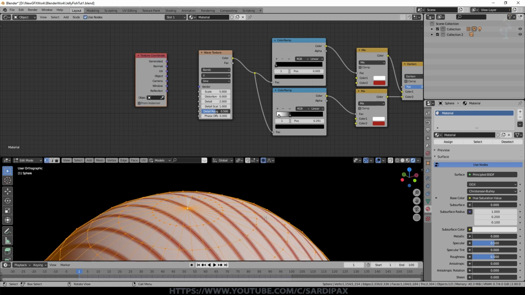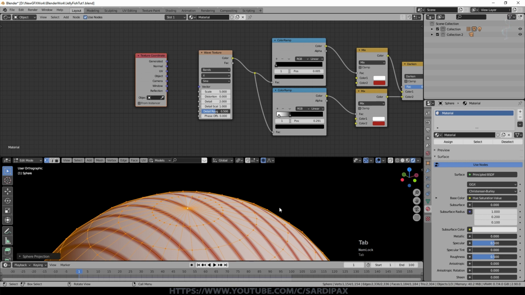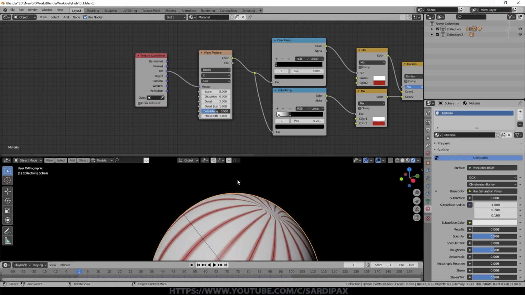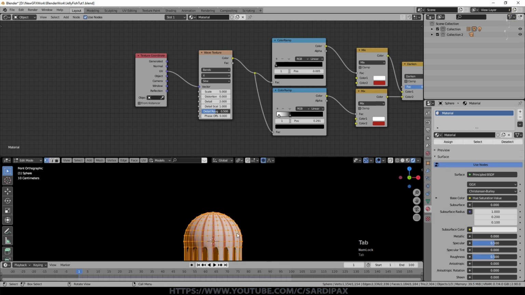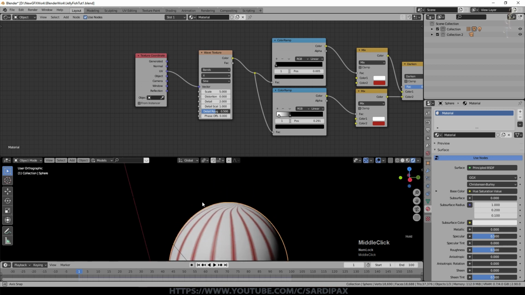Before I go any further, I'm going to go into edit mode, press A to select all the geometry, press U and say sphere projection, and come out. Then take UV and put that into there. Now you can see what we're heading towards. So make sure you're just straight on when you do that. You can also, of course, do it before you create the tentacles. But roughly speaking, that's that.